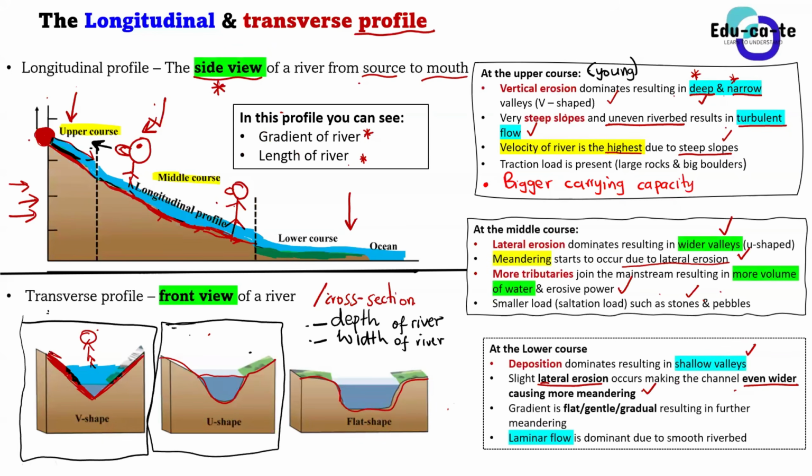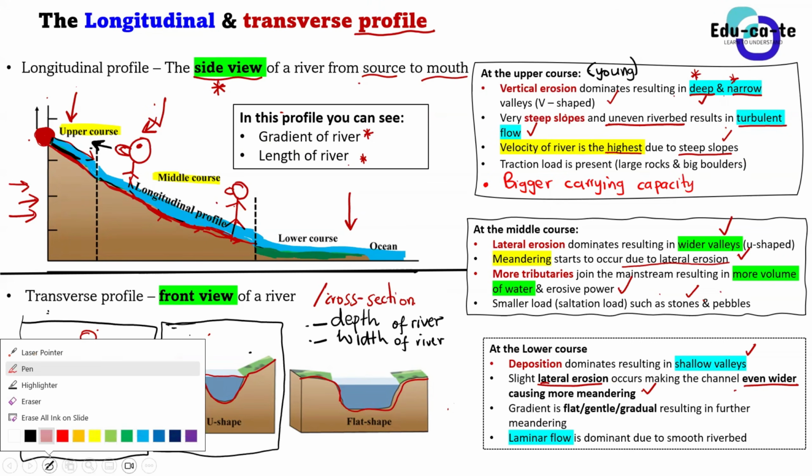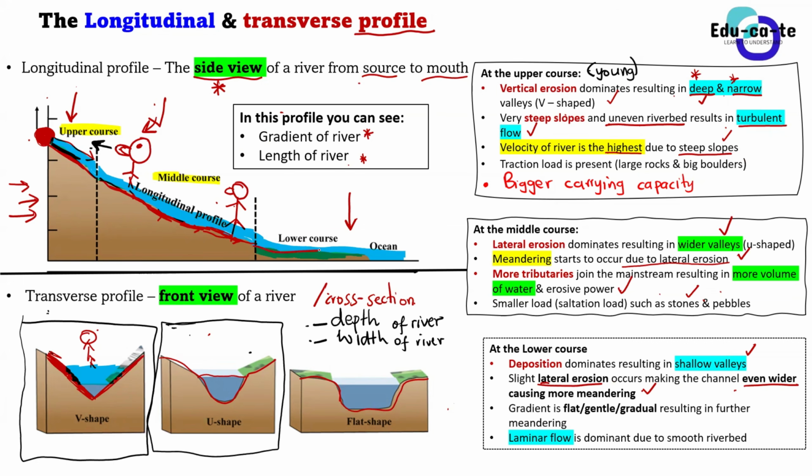So I was still explaining, guys, why does deposition happen in the first place? It's because the gradient is flat. First of all, the gradient is becoming gentle. You can now see that at the lower course, the gradient is gentle. It is not the same as the upper course. It almost looks like flat land. So when water is flowing over flat land, it doesn't have that much speed. It has less speed. So the velocity of the water decreases, as well as its carrying capacity. Velocity and carrying capacity go hand in hand, but you can mention velocity first.